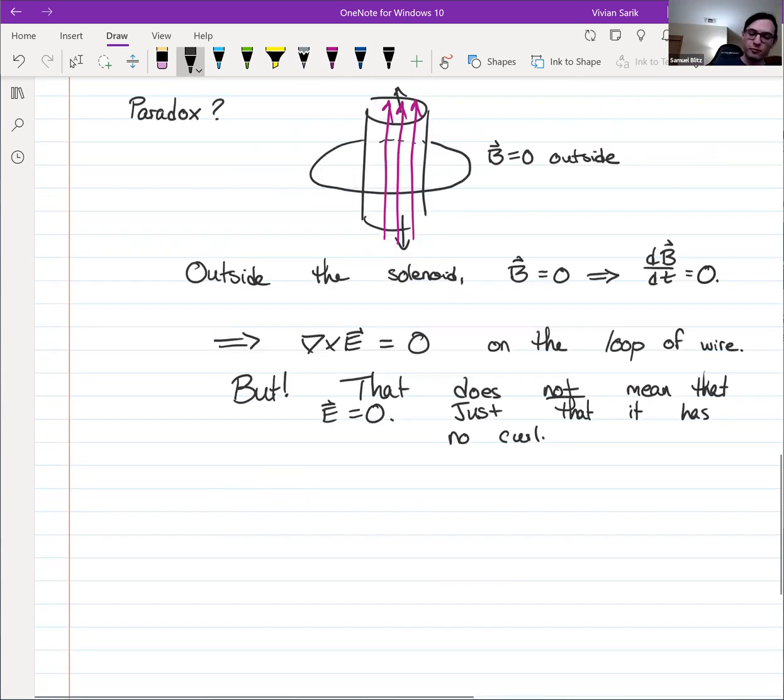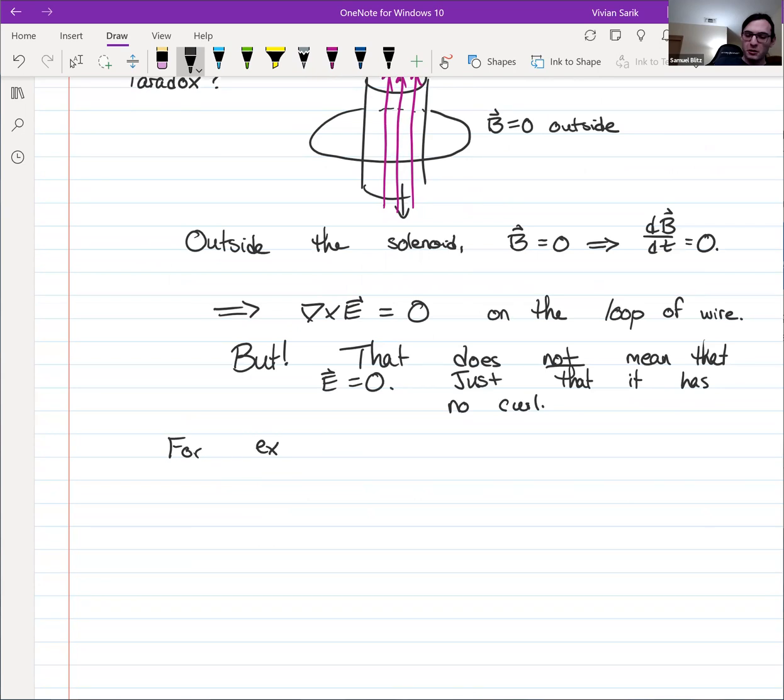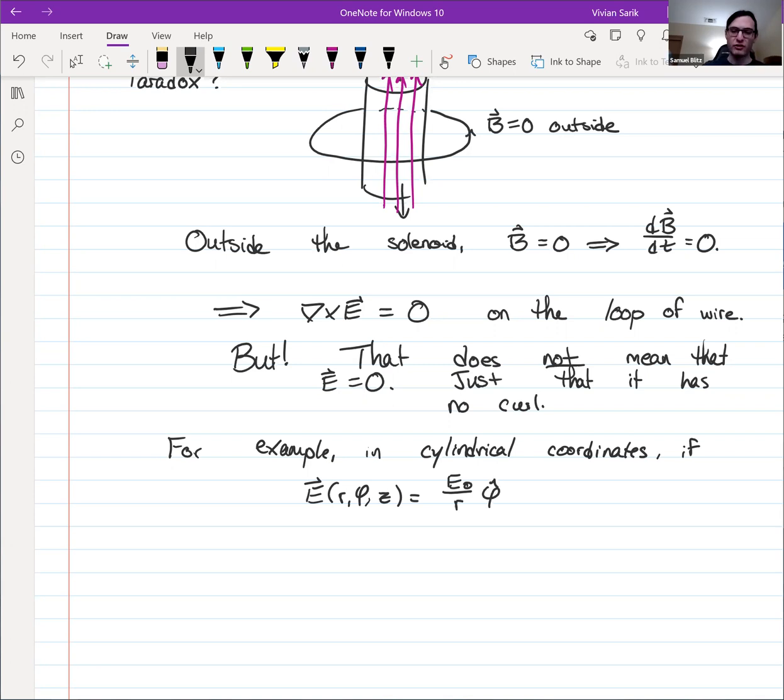So for example, in cylindrical coordinates, so z, phi, and r, if the electric field is some constant divided by r in the phi hat direction, so this would be an electric field that circulates because it's pointing in the angular direction, then it is the case that the curl of that electric field is 0. Even though the electric field circulates, the curl is still 0, and you can check that yourself if you're